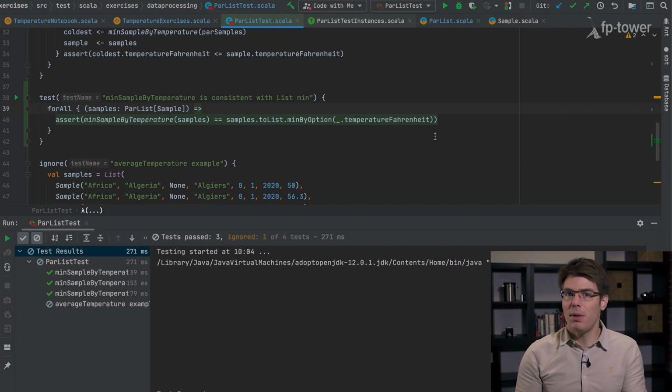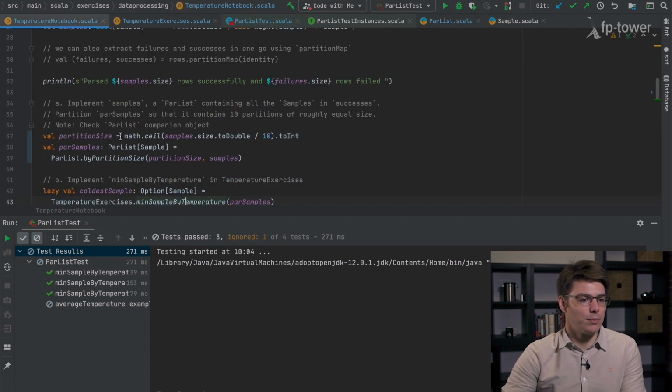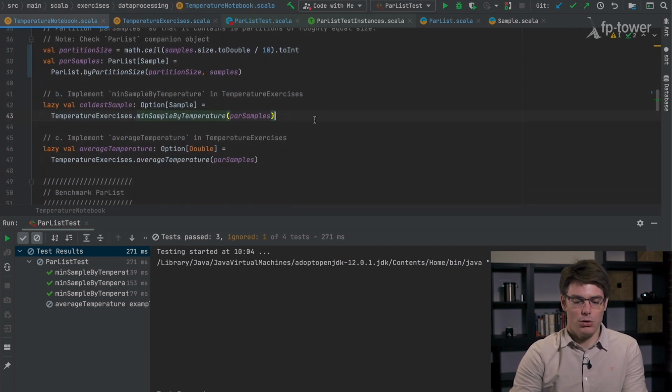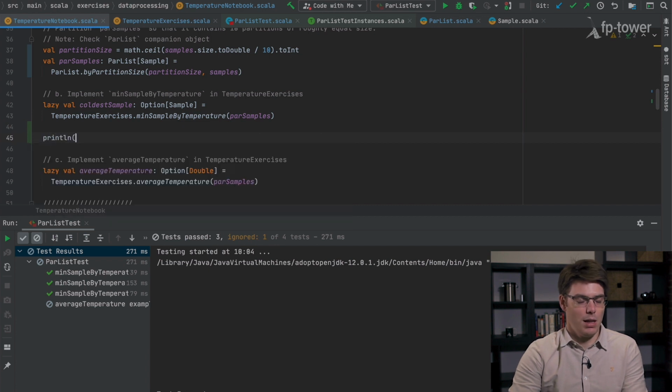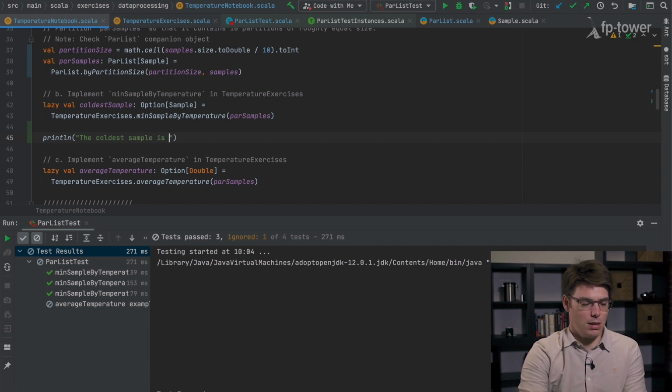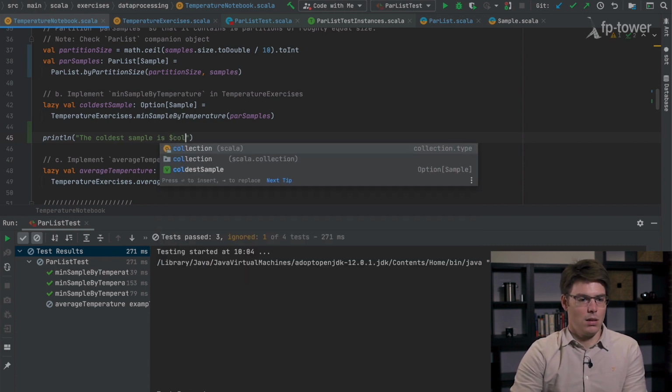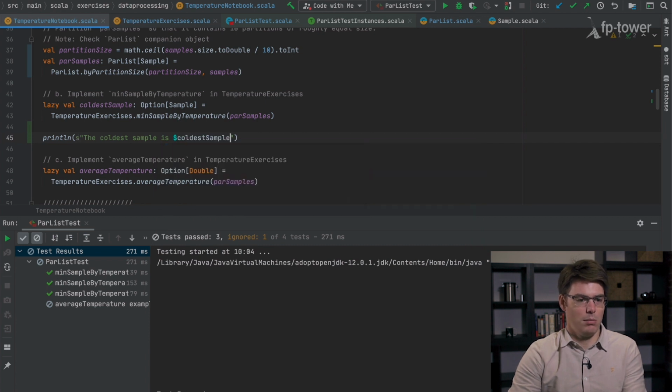So now that we have implemented min sample by temperature, let's find out which sample is the coldest in our dataset. So let's go back to the notebook, and what we could do is just write a println here and say the coldest sample is coldest sample.